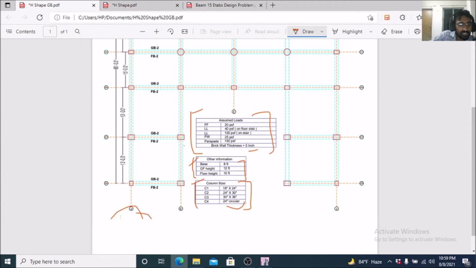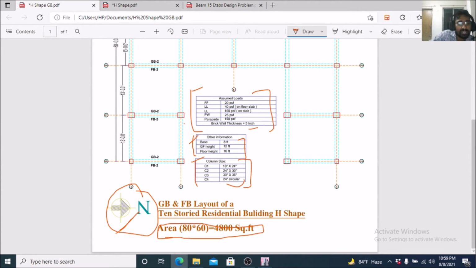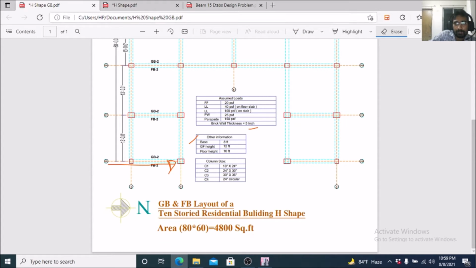If we want to count the grid number, this is the X direction and this is the Y direction.